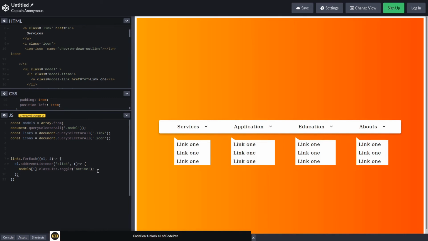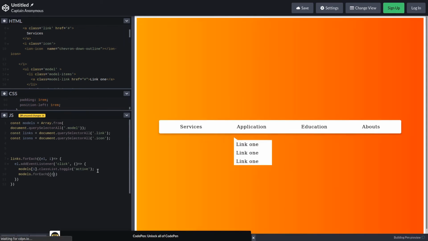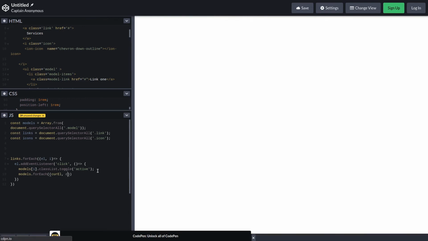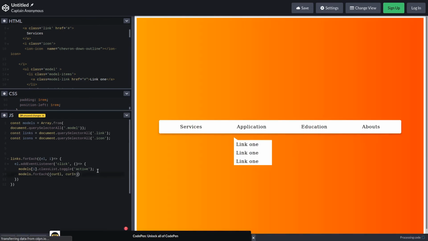So do this: models dot forEach. We also need here the current element and current index. As I told you, if the current index is not equal to the index of links, then we want to remove the active class.